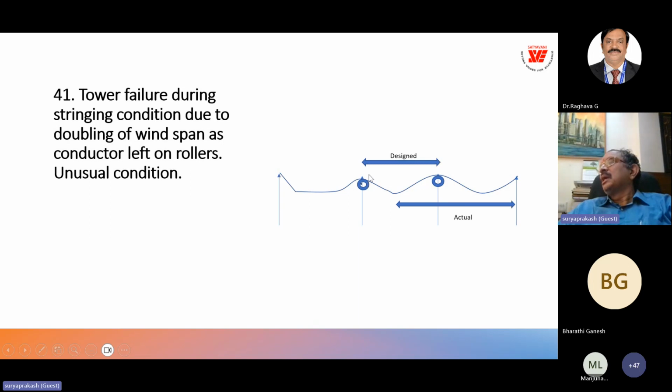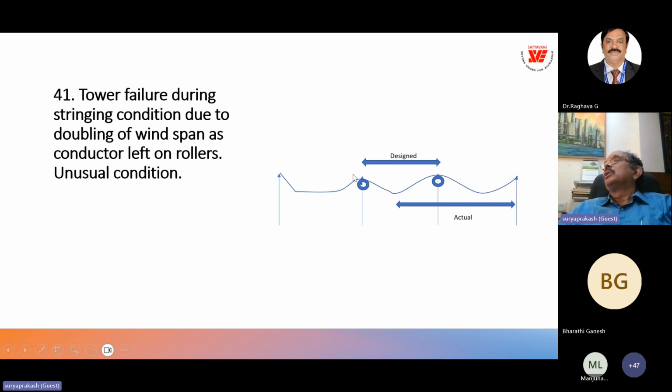This is the transmission towers. We have rollers to pull the cables, and as per the design windspan, we always consider null point to null point. That is one span, 300 meters. But we found that in that particular case where there was a failure of the tower, a series of 7 towers failed,